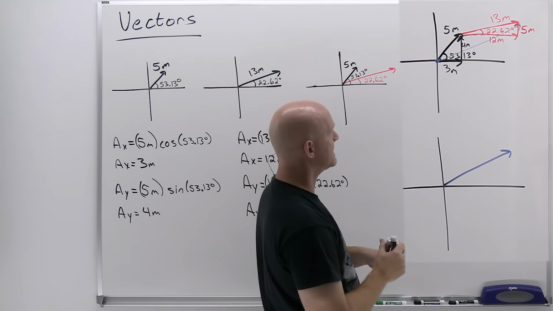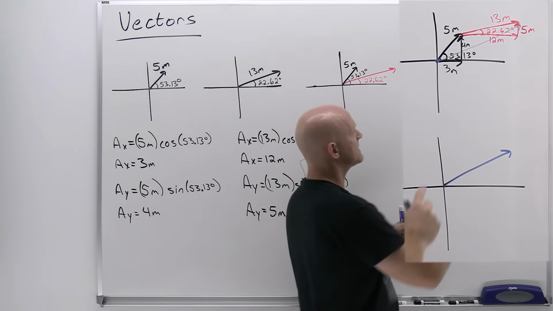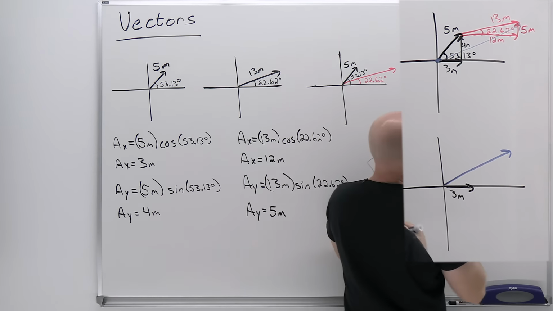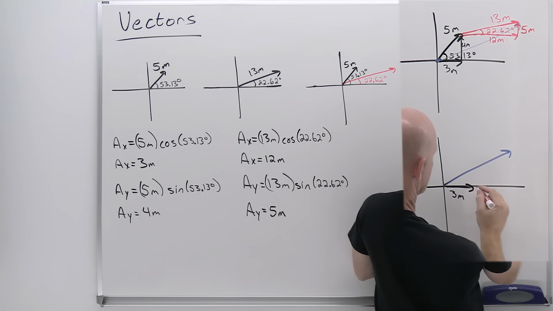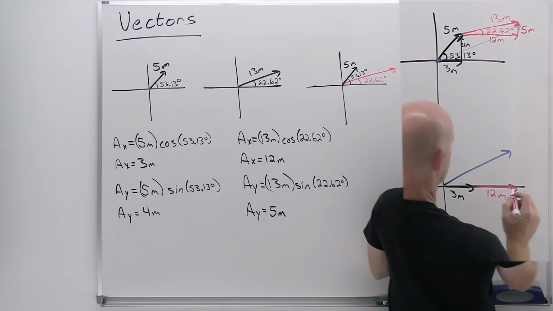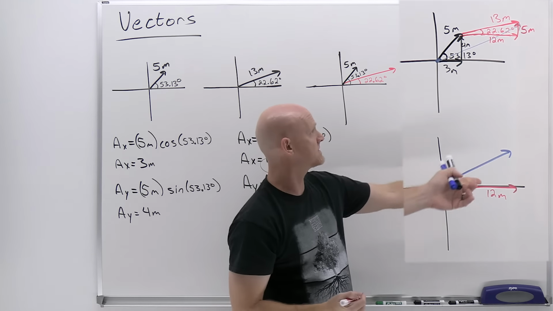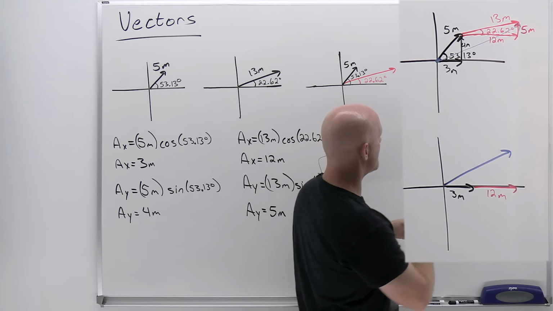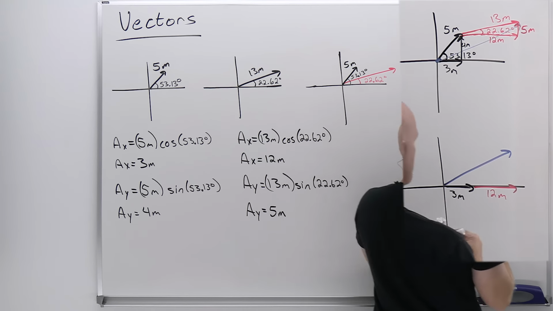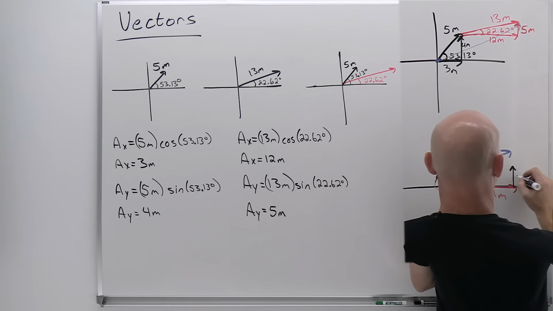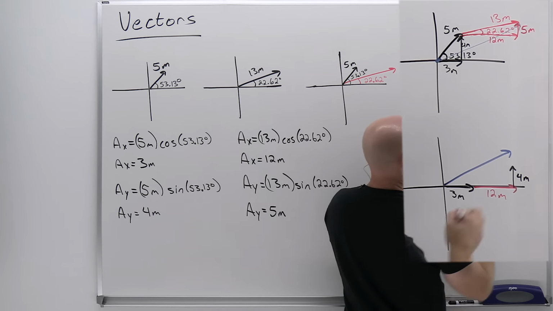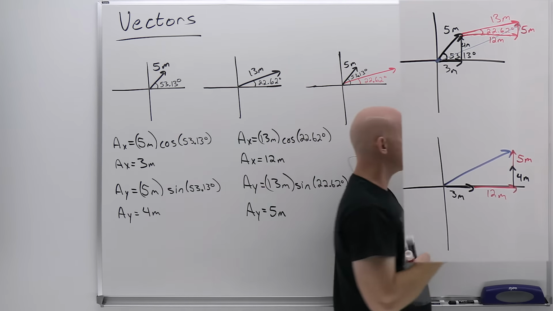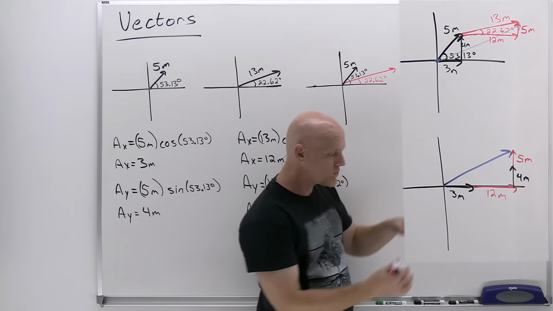Well, if you kind of look at what's going on here, we know what the x component is. It's this 3 meters right here plus this 12 meters right here. It's a total of 15 meters. We're just adding the components because that's the entire x distance of that resultant vector. And same thing in the y. We've got this 4 meters right here and then this 5 meters right here. And we can see that it is a total of 9 meters. And we've got a new right triangle now